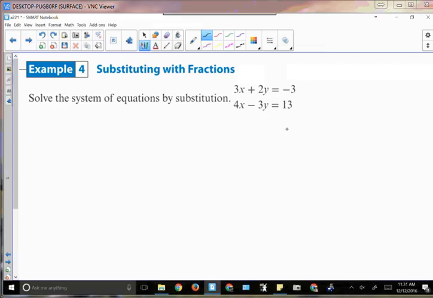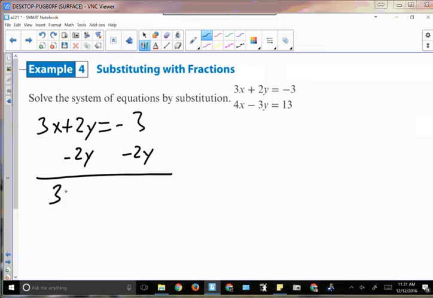So which one should I work with? It absolutely doesn't matter one bit. So I'm just going to take the top equation, which is 3x plus 2y is equal to negative 3. I'm going to pick a variable to solve for. It honestly isn't going to matter a whole lot. So let's say that we solve for x. So that means that I'm going to subtract 2y to both sides, subtract 2y to both sides,